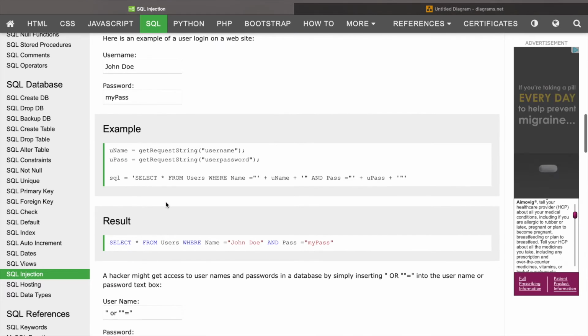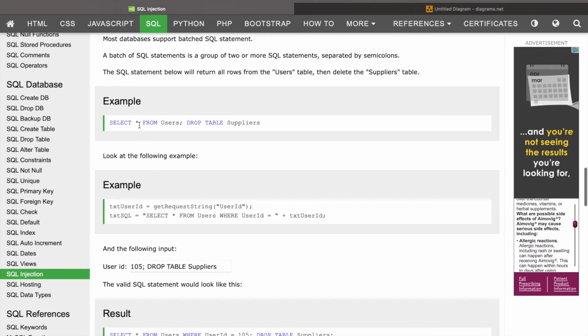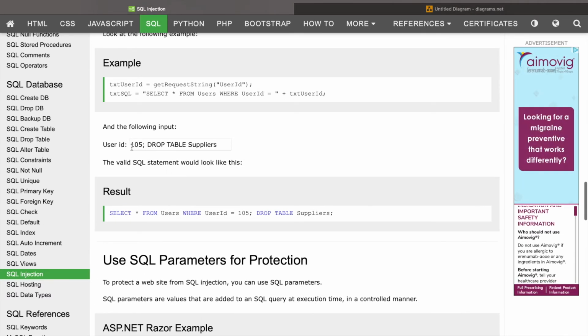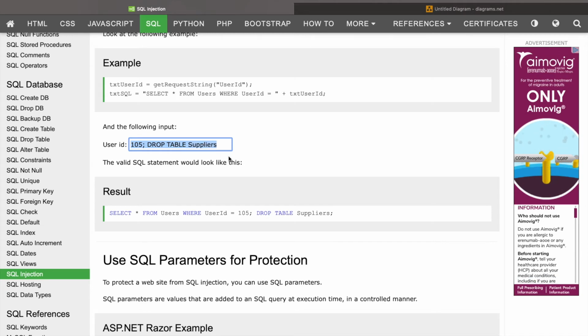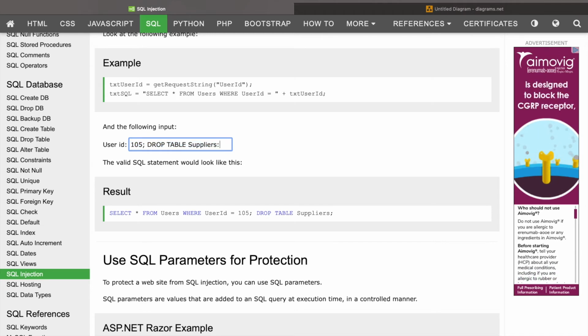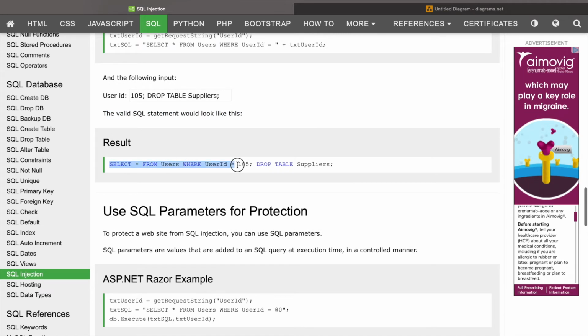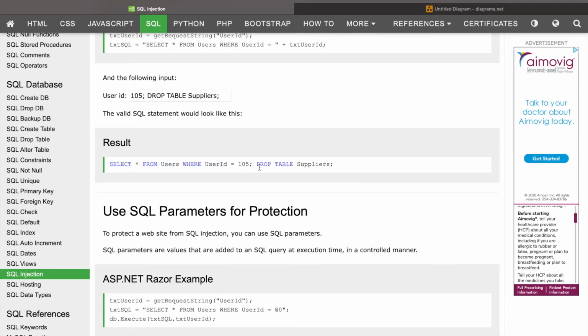Another thing is this example. What if they entered 105; DROP TABLE Suppliers; like that, with the semicolon. So the SQL statement at the end would look like this: SELECT * FROM Users WHERE UserId = 105; DROP TABLE Suppliers. Great. They're going to see what they need to see, but they also just dropped your suppliers table completely